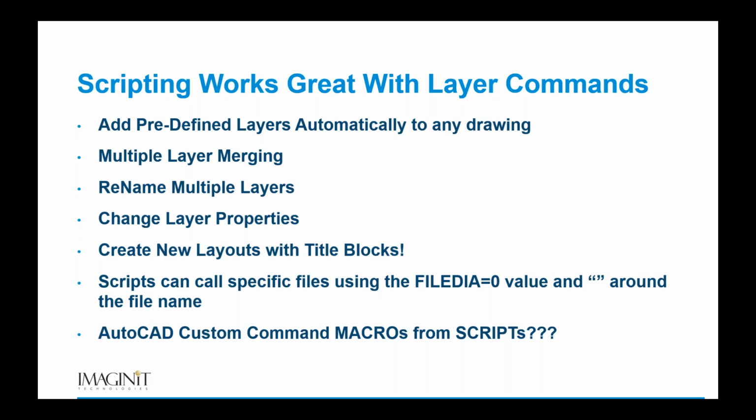So when we're doing things like layer merging, layer renaming, changing any of the layer properties, those types of things, you can copy and paste content straight out of your Layer Properties Manager in AutoCAD and then paste it into a spreadsheet, and it's going to paste it in there in terms of cells. So it'll space everything out in cells,